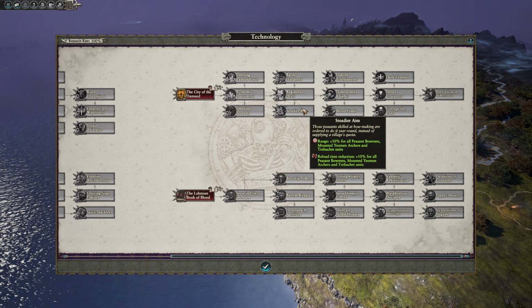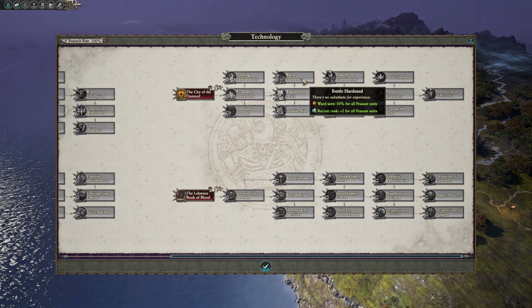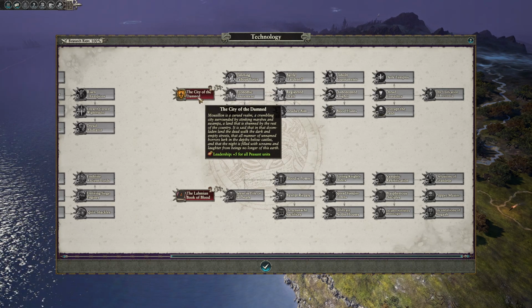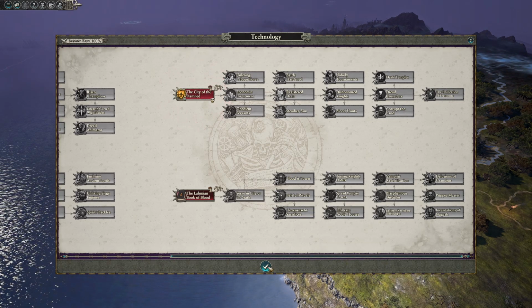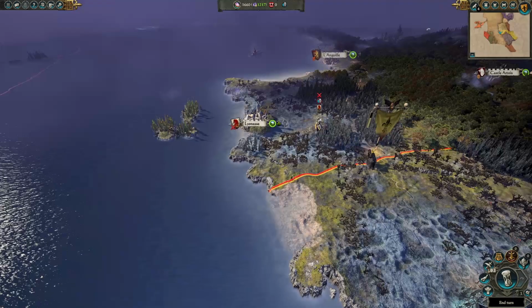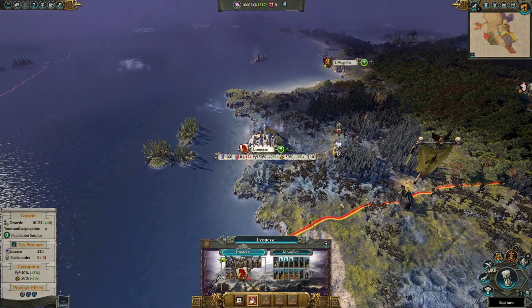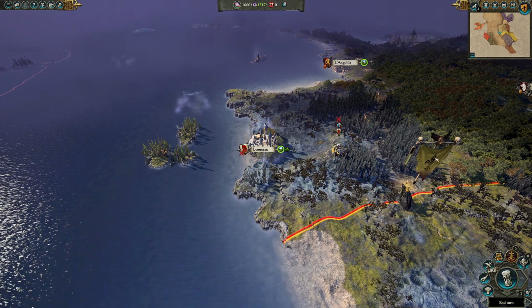Okay, projections. Ward save 10% for all peasants. I think just for the roleplayness of it, we'll go into that. What can we do about Lyonesse? Can we go and lay siege to Lyonesse immediately? Just cut them off from any...